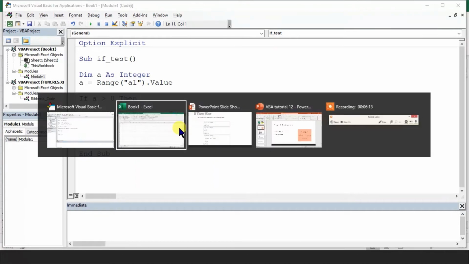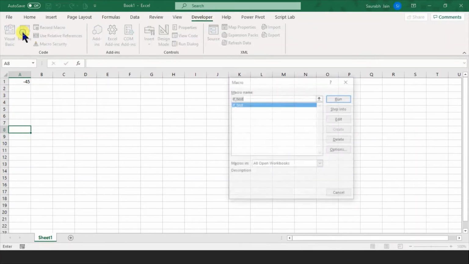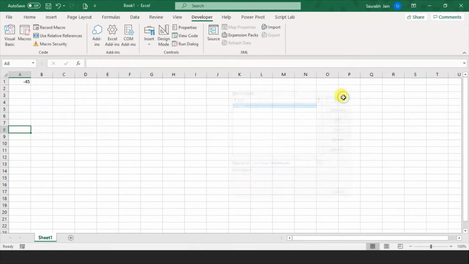What I'll do is, let's go outside and run from outside. Because we are checking the condition A is greater than 0, let's first take a negative number to understand what happens. Minus 45. So if A is greater than 0, is minus 45 greater than 0? No. So the answer is false. So there is nothing in true, so nothing will happen. Let's see. We'll say macros and run this program.